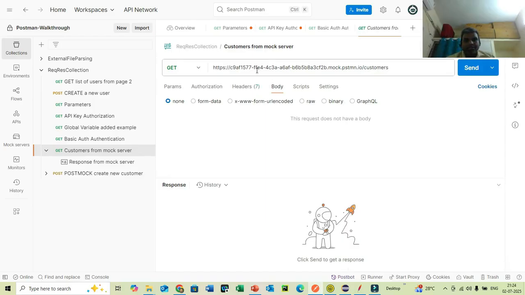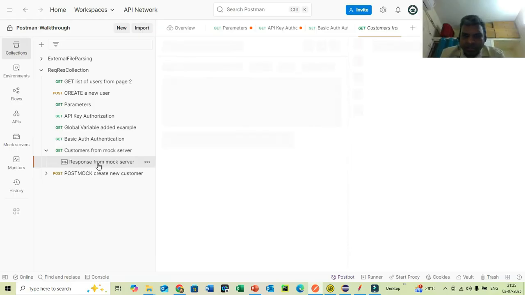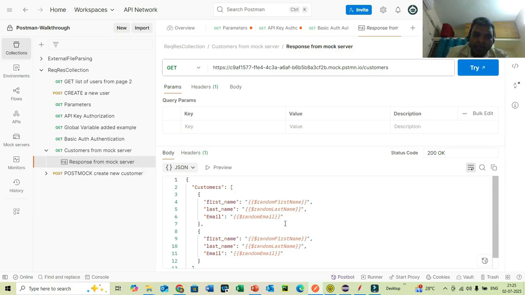Okay, this is how the URL looks, and as soon as the mock server is set up, based on the requirement, we know how the response should be. I created it so it fetches the customer records. I used a random first name, random last name, and random email, so whenever we hit it, it will randomly generate and display the corresponding response. This 200 OK I also created here, and for the post also,